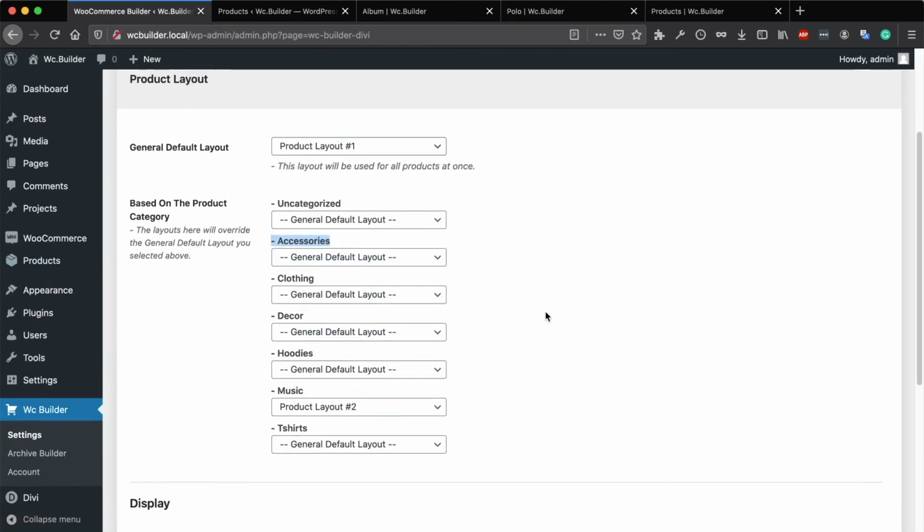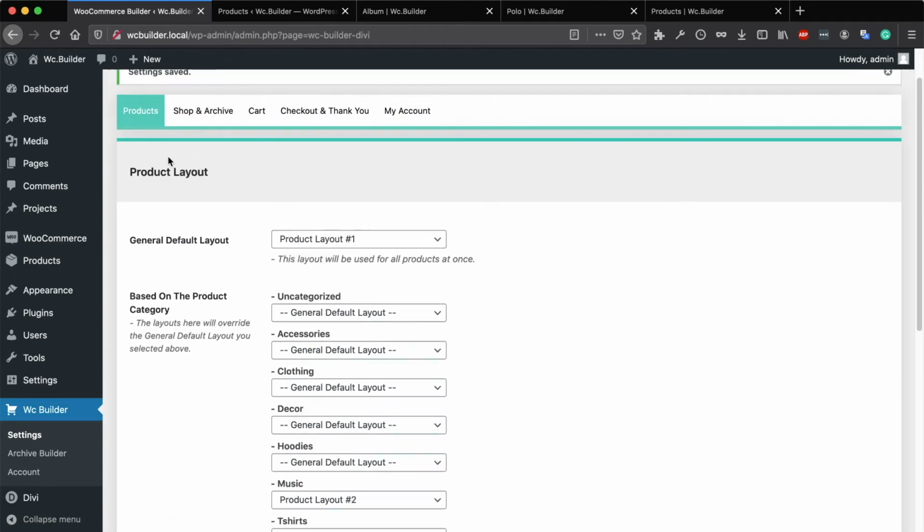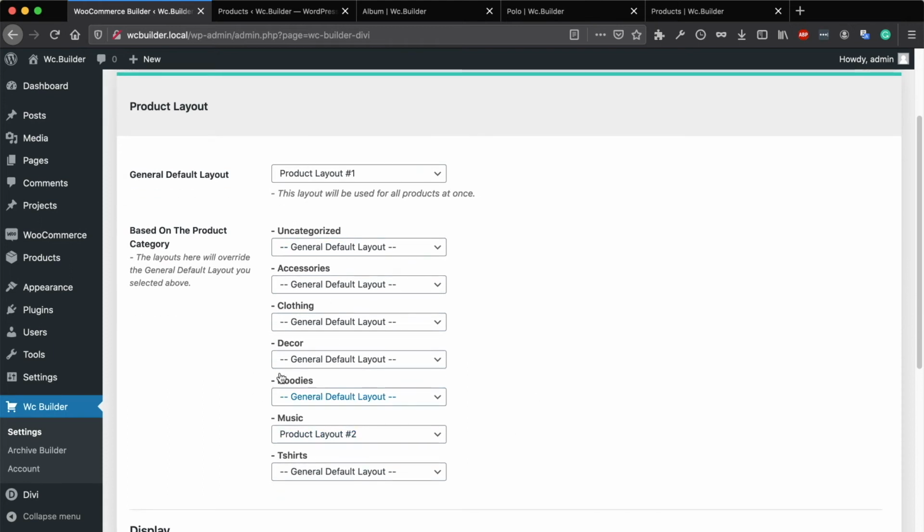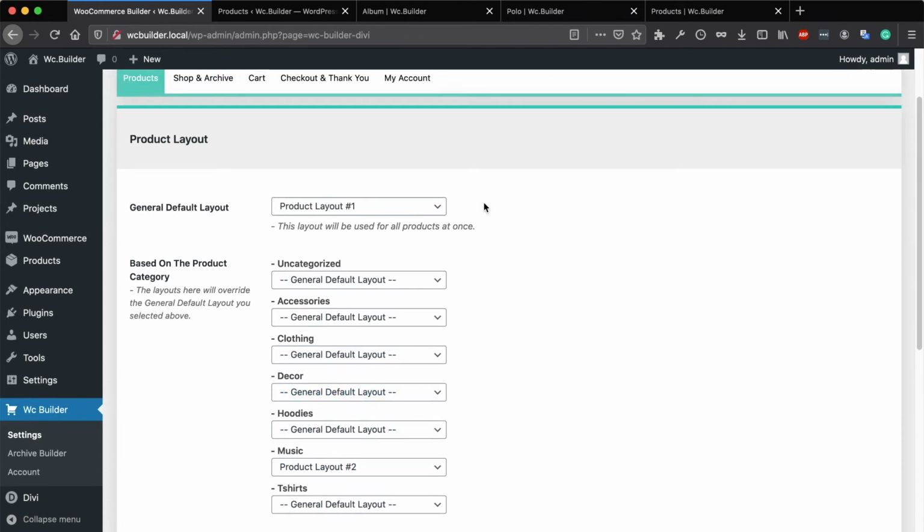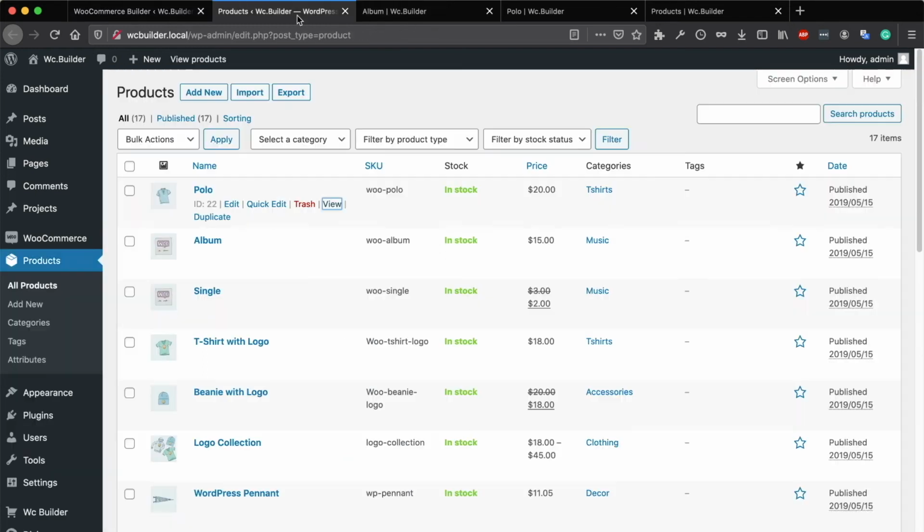And you have an extra layer of control over the product layouts. You can set layouts for specific products. These layouts will override the category default layout and will also override the general default layout. To give you an example, I will go back to the products. I will select another music product. I will go to the editing page of this product,